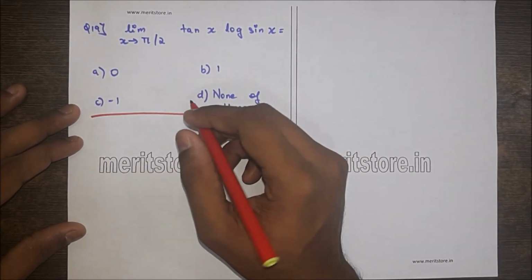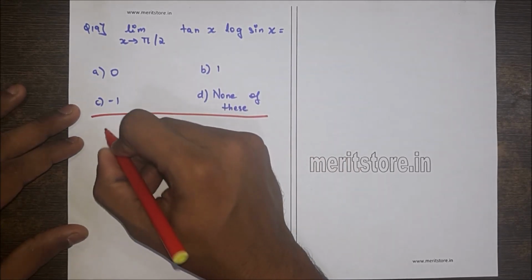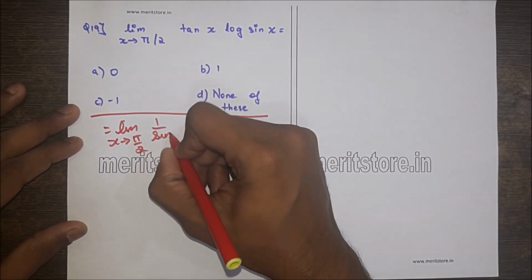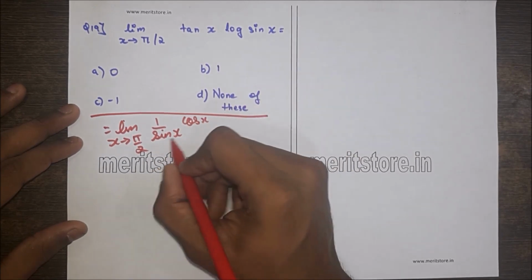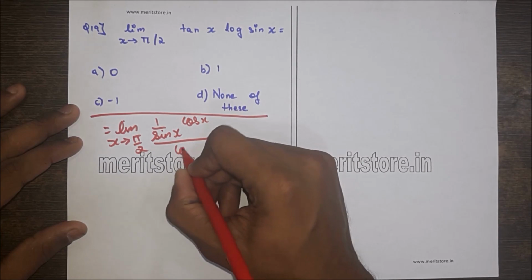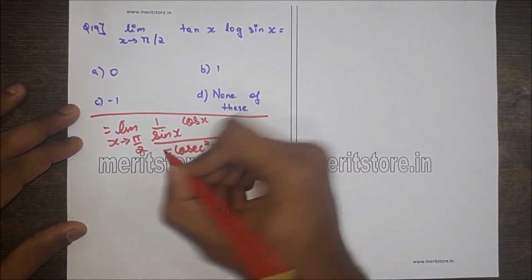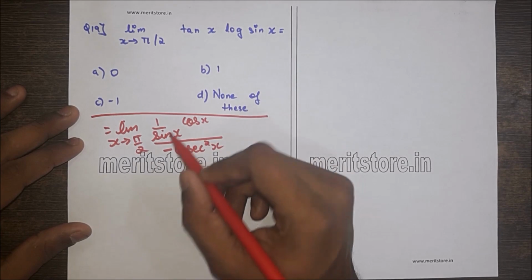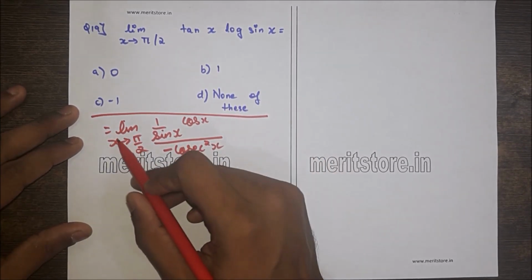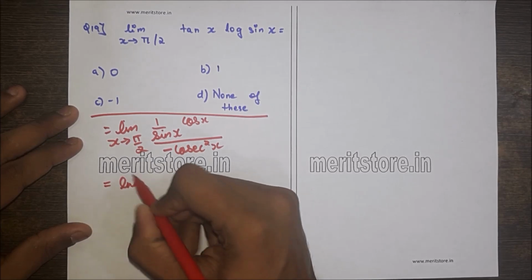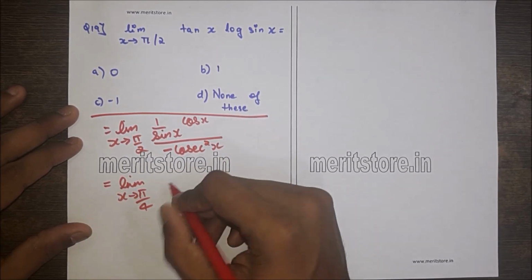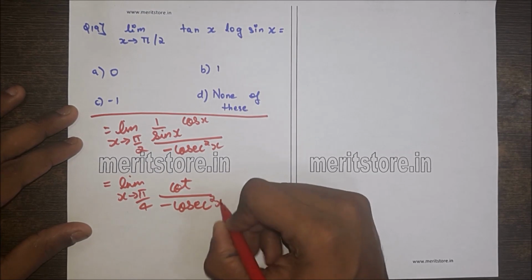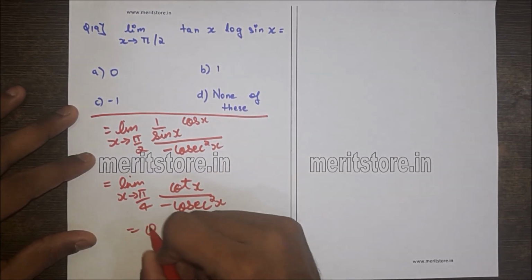So we first apply L'Hopital's rule, giving us limit of x tends to pi by 2 of 1 by sin x into cos x, upon cosec square x with a minus sign. Sin cos upon sin is cot, and applying limit of x tends to pi by 2 upon cot upon minus cosec square x gives us 0, which is